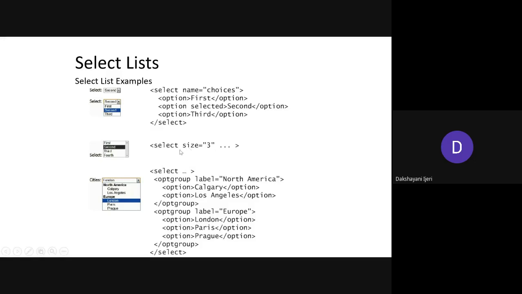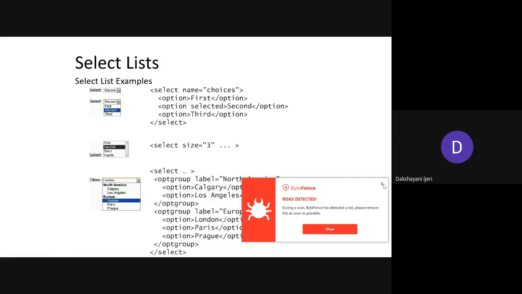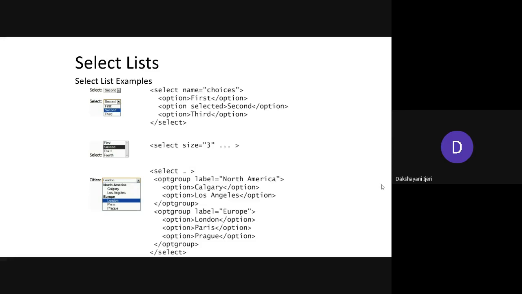See again here, whether to use the size attribute or not, whether to use the optgroup or not, it is not being told to you. Instead, you as a web developer are going to decide what kind of options you want to create, whether you want to give the default size as 3 or 4 or 2 just to show how many options are there, or else keep it as 1, or whether you want to group the options or not. So it is totally left to you, or else it is totally left to the requirements given by the client. Okay, but at least you should know the different ways that you can use in order to create all these elements here.